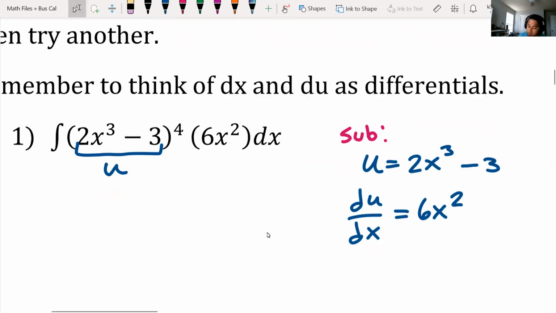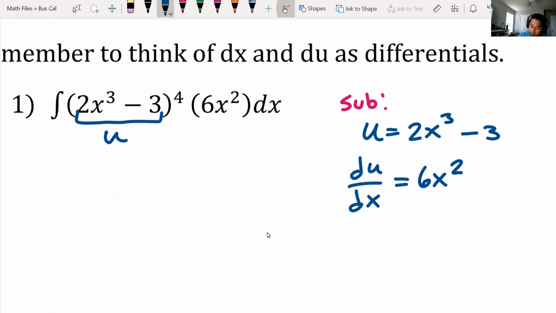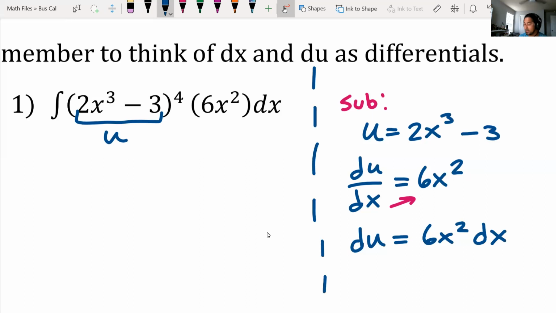Okay. Now, what we're going to do on the substitution is multiply this dx to the right side. So we're going to end up with du equal to 6x squared dx. Okay. Now, let's leave that alone for now. We'll come back to that in a second. Now, since we made the substitution, let's see what's going on in the actual integral. So this now becomes the integral of u to the fourth times